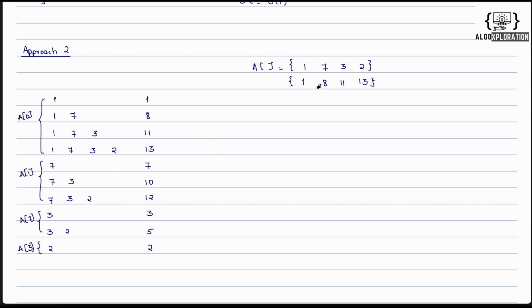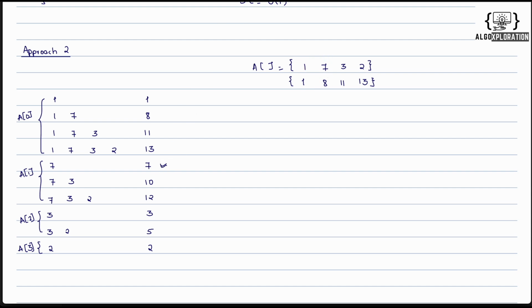Now this is simple, right? The prefix sum array is actually matching with this. But what about this 7, 10 and 12? Now if we observe, if we are talking about this 7, we are not including this 1. If we are talking about this 7, 3, we are not including this 1, right? Similarly, if we are talking about this 7, 3, 2, we are not including this 1, right? Now till index 1, this sum is 8. What does 8 mean? It means 1 plus 7. So if I exclude this 1 from 8, I will get 7 as my answer, right? Which is this,